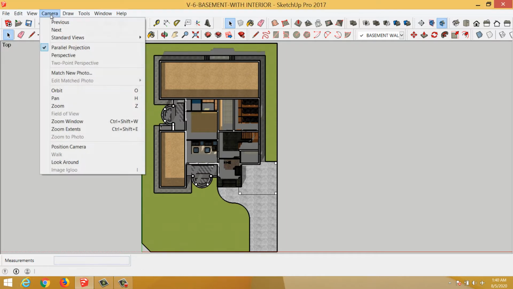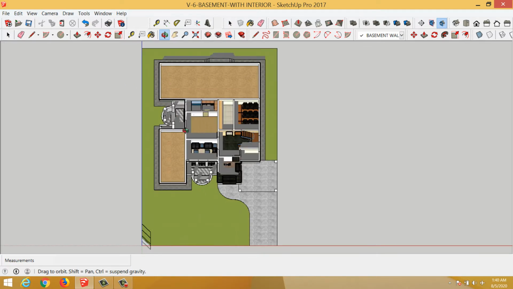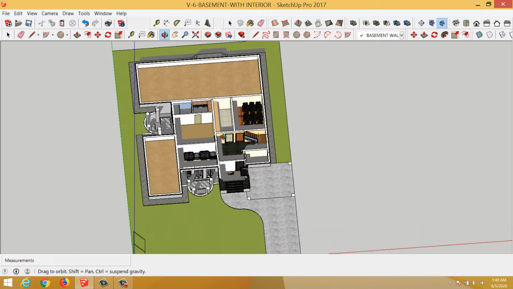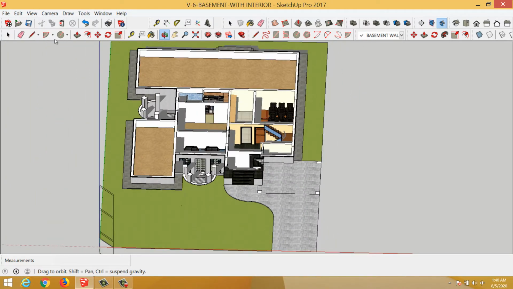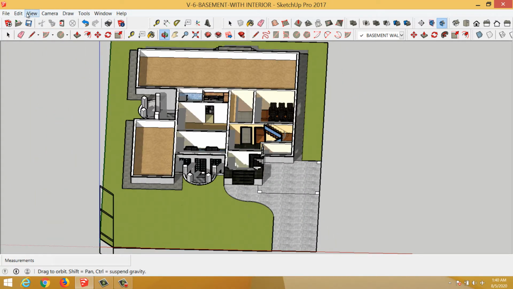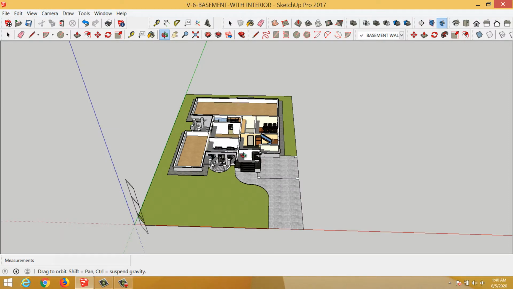So this plan was basically made in AutoCAD, and from AutoCAD all these walls were extruded. Once they were extruded, they were imported into SketchUp, as you can see.